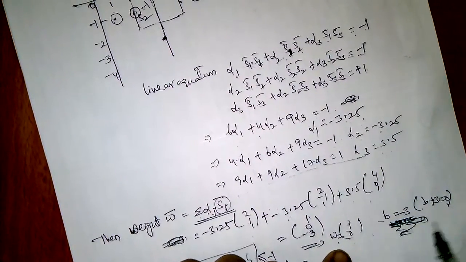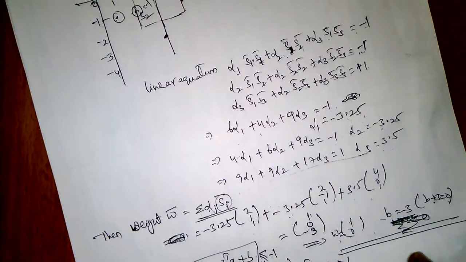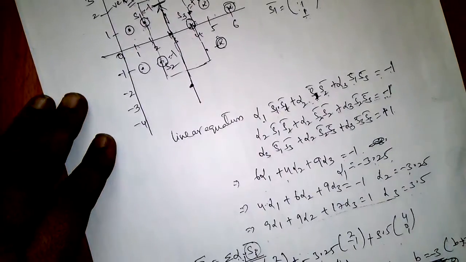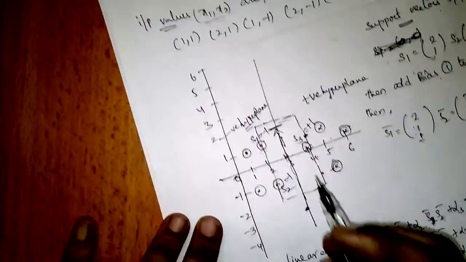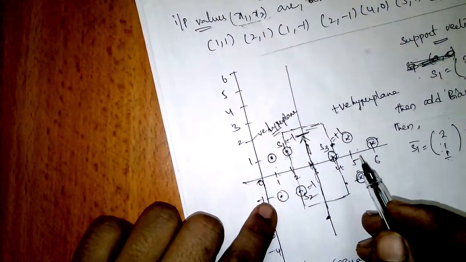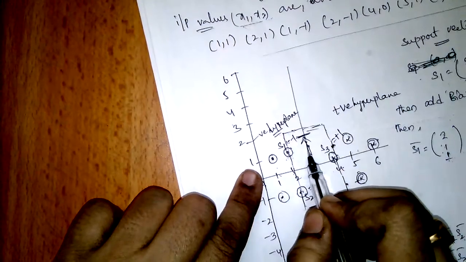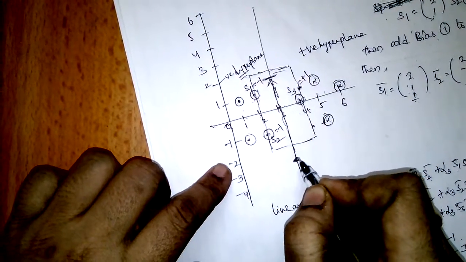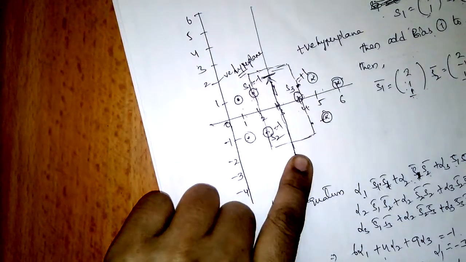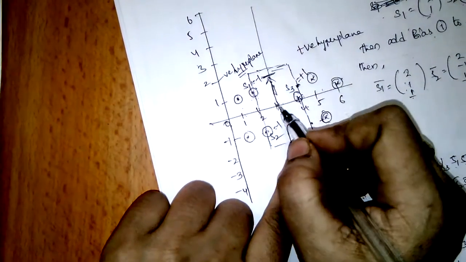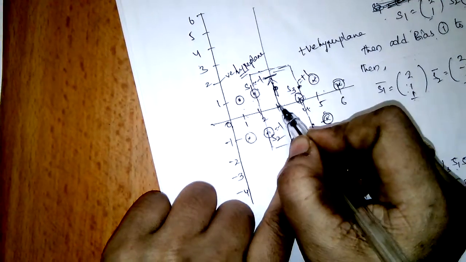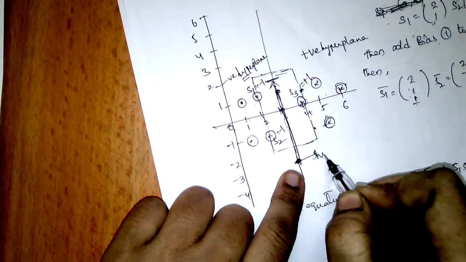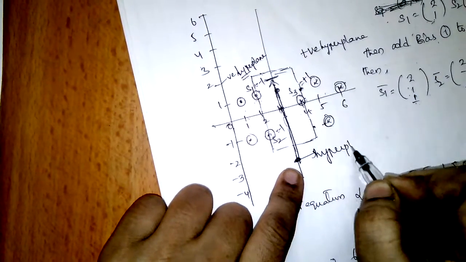Now we get the values of weight and bias. Now we can find the optimal hyperplane. How to find the optimal hyperplane? Weight is 1, 0. So here what is 1? This is 1. Okay. First, minus 3. Minus 3 means this is minus 3. And 1, 0: 1 means this one, and 0 means this one. This is called the hyperplane of this dimensional space.